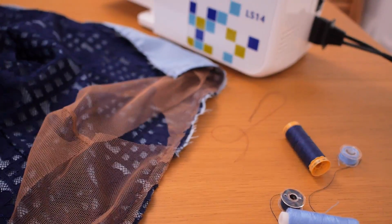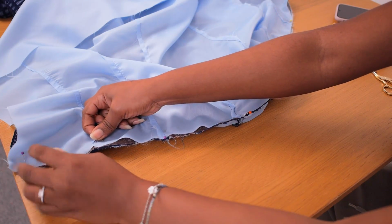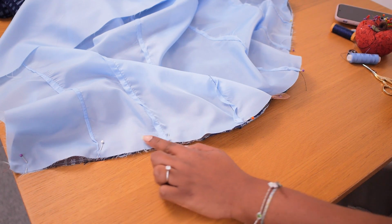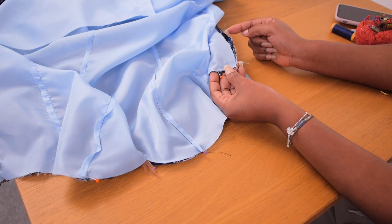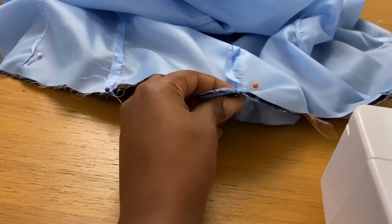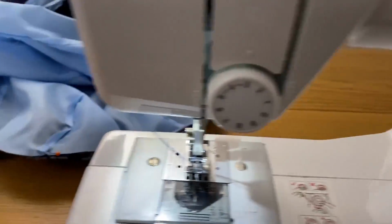Once you're done with that, you can go ahead and sandwich your shorter lining to finish off the seam that we just made. So I'm going to grab the lining and pin it together along the neckline, so we have the mesh layer in between the main gown and this light blue lining that we can see here. Alright, so I am about to sandwich the mesh in between the main panel and the lining, and something I just wanted to mention is the fact that since